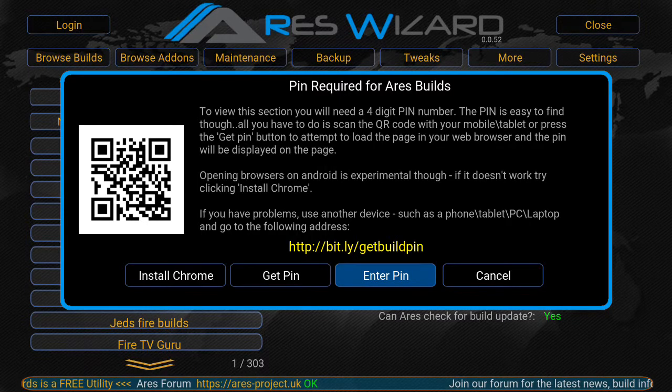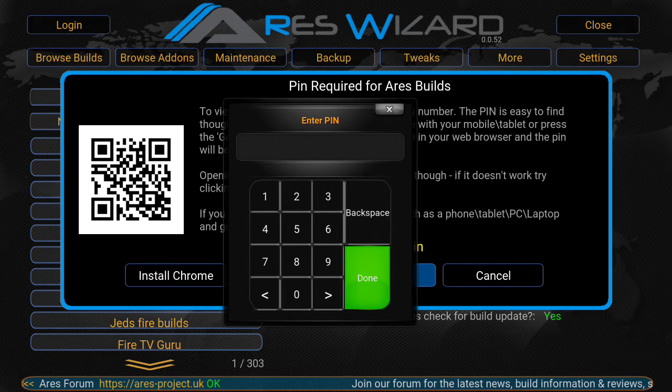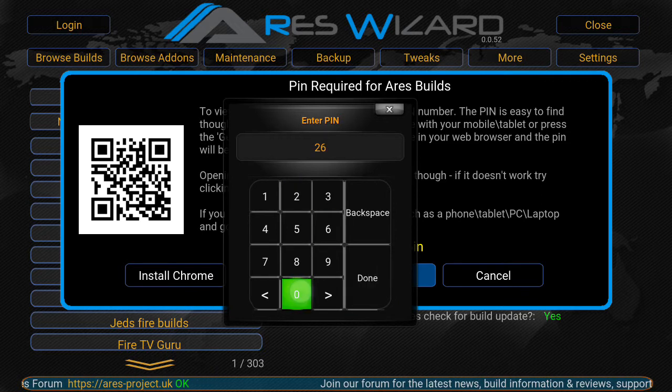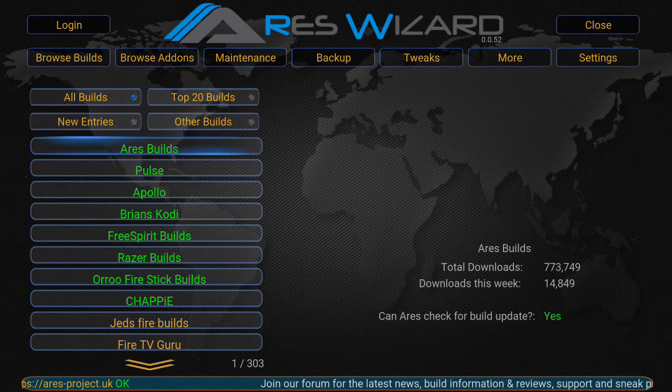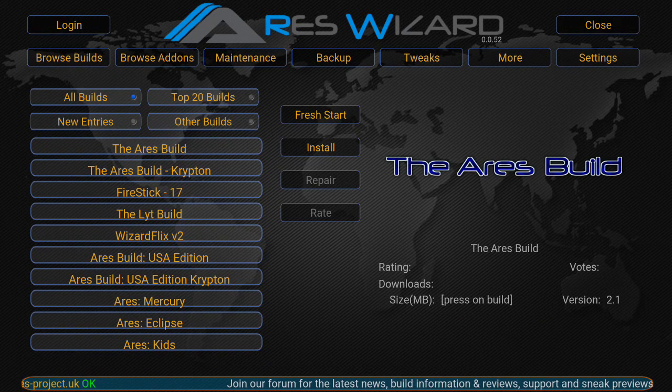Plus, I needed to get the pin anyway. So 2601 is my pin. And I'm just going to back out, and then to put the pin in, 2601, I got to remember that one. So 2601, then click done, and there you go. Okay, first thing you're going to want to do is you're going to want to click